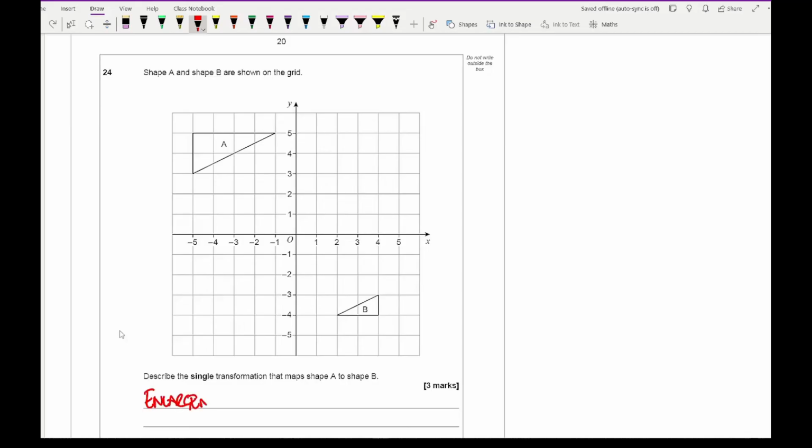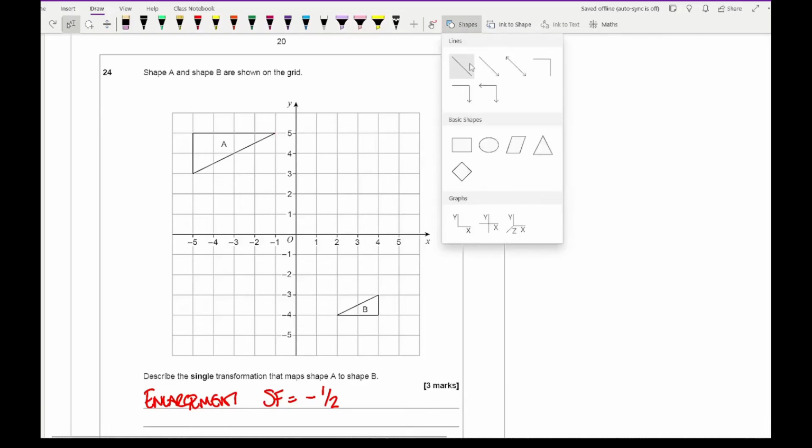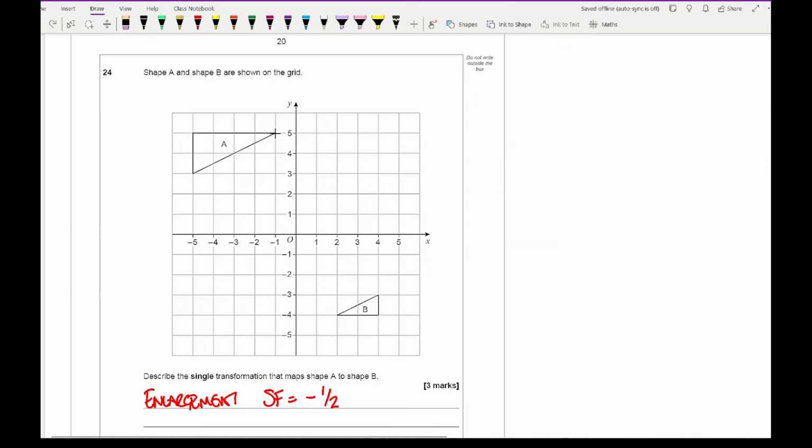Now when you are describing an enlargement, you need to know the scale factor. And the scale factor here is going to be, well, it's sort of a half. And because it has flipped, it's going to be minus a half. And then what we then need to do is find our center of, let's use a ruler. So let's first of all get rid of that. So to find our center, we just need to join the adjacent lines together. So just join the line with that there,